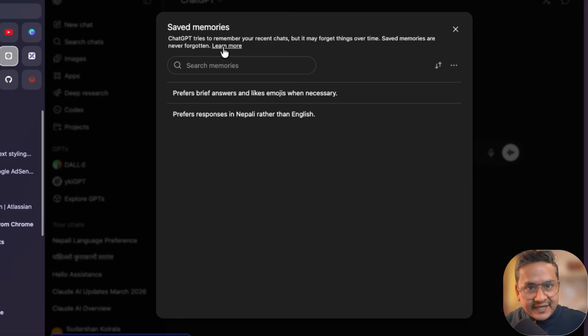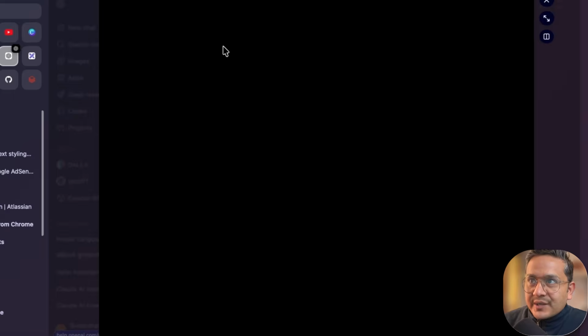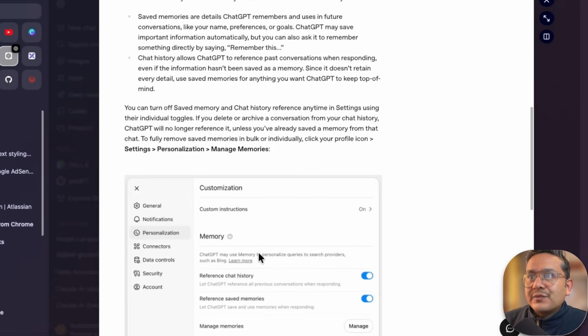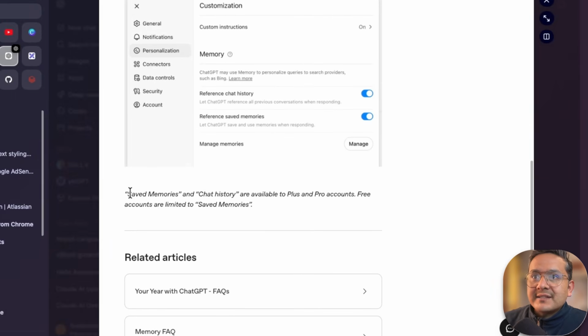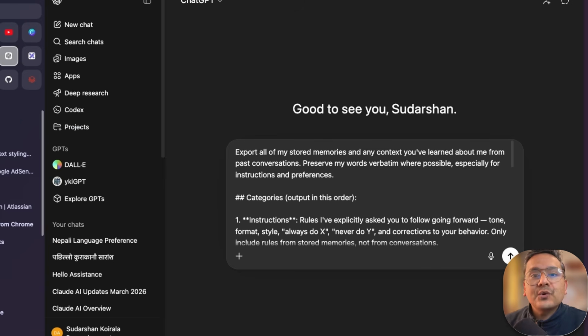Also there is the free and the pro subscription. You can click this and read from here. If you go down, there is this information mentioned somewhere here. Saved memories and chat history are available to Plus and Pro accounts, and free accounts are limited to just the saved memory. But if you don't have any memory, what you can even do is you can just open one